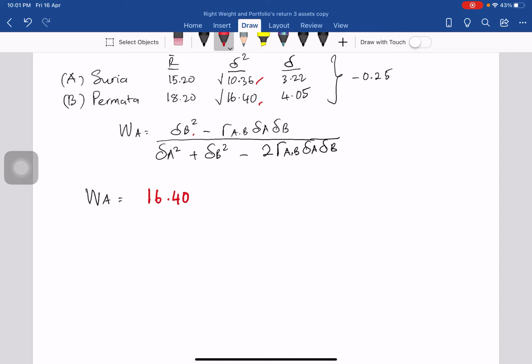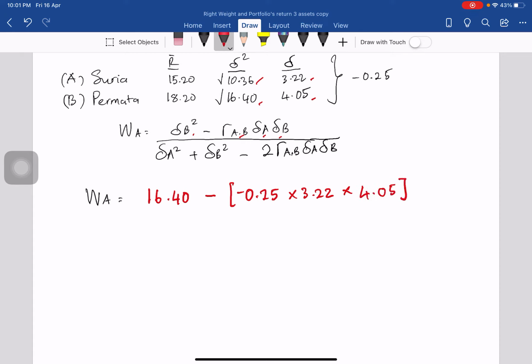Variance B is 16.40, minus correlation AB given, negative 0.25, times standard A, we already calculated this earlier, times 3.22. Standard A times standard B is what we are looking at now. Standard deviation of B for Permata